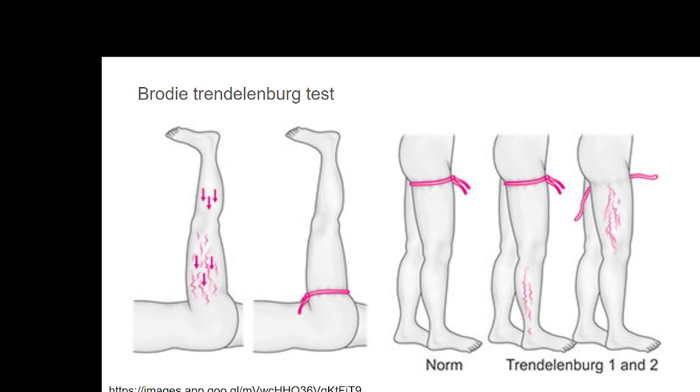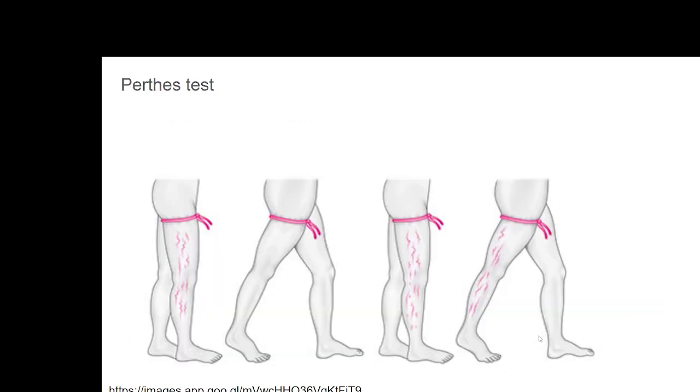You may have a situation where all the perforating veins are defective. In such conditions, once the patient is made to stand erect, you will have the vessels dilated, and when you repeat the tourniquet test by tying the tourniquet at different levels, the same situation would occur. If it is any single isolated perforating vein which is defective, then by tying the tourniquet at different levels, you can pinpoint which perforating vein is defective. Then the other is the Perthes test.